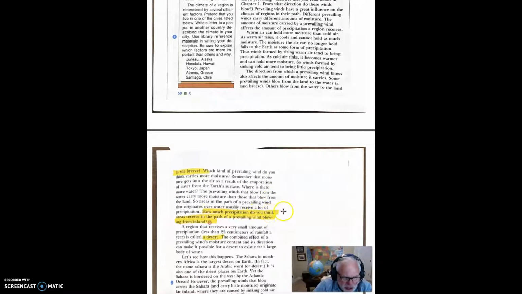How much precipitation do you think areas receive in the path of prevailing winds blowing from an island? Well, islands get more precipitation than other places because they have water around them, whereas a landlocked place like Utah doesn't get as much precipitation because it's pretty much a dry area or a desert.